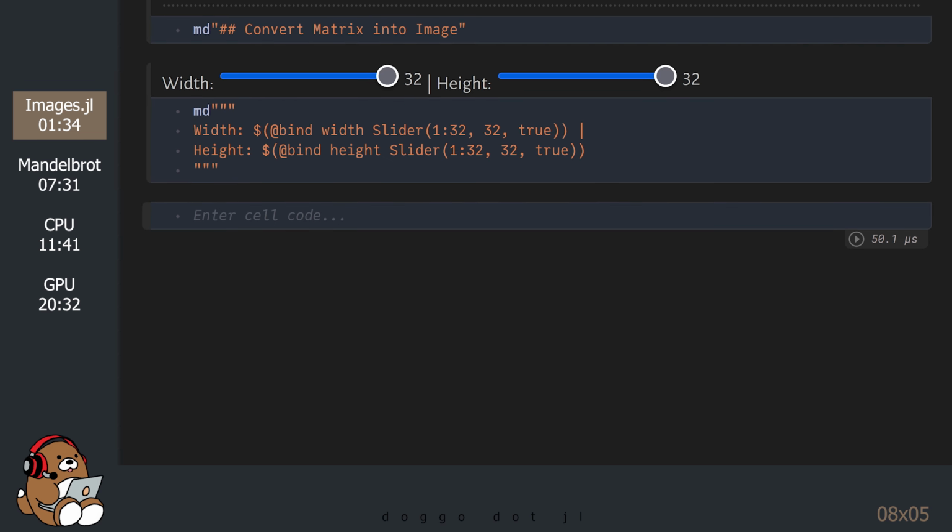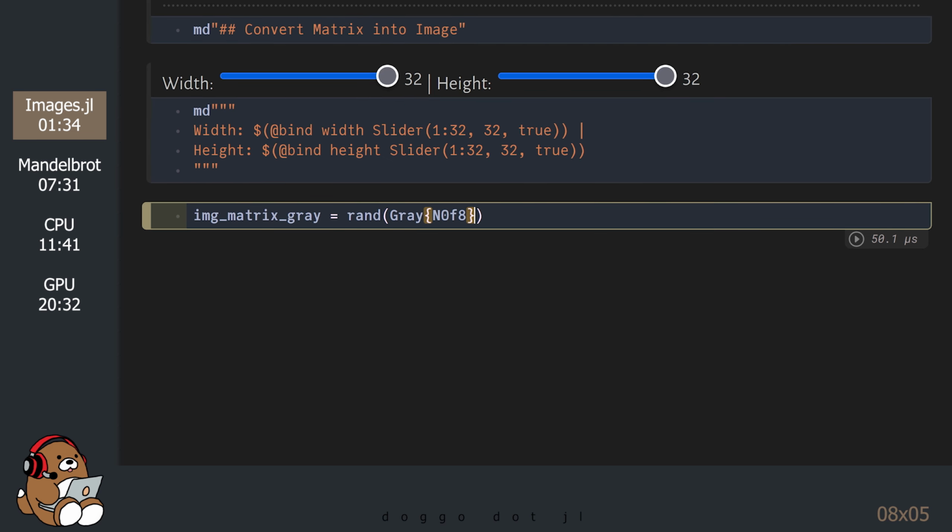Let's generate some random numbers for our matrix, so each element of the matrix will be a different color. For the data type, we can use Gray or RGB.